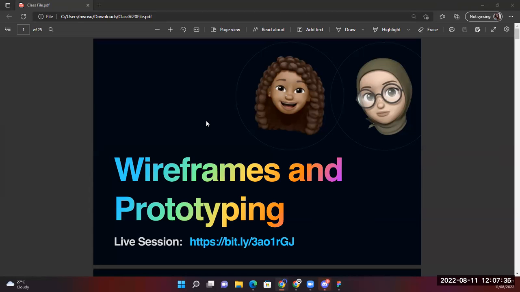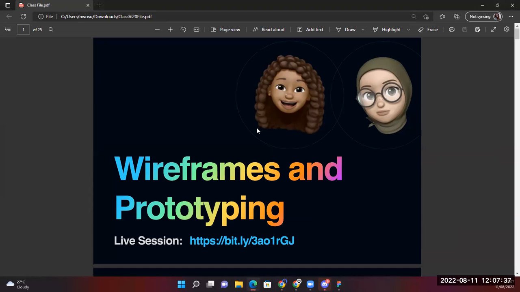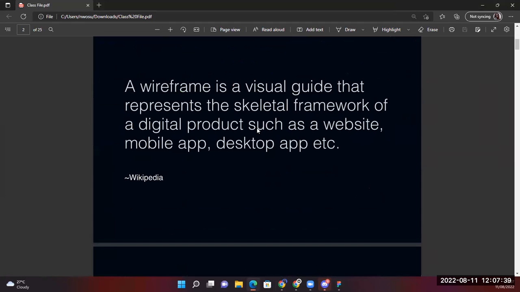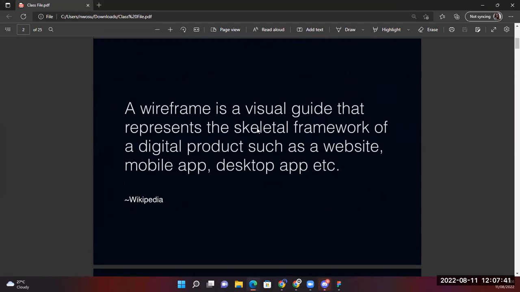Okay, so today we'll be starting with wireframing. And here we're going to start off with the definition from Wikipedia. So it says that a wireframe is a visual guide that represents the skeletal framework of a digital product, such as a website, mobile app, desktop app, and